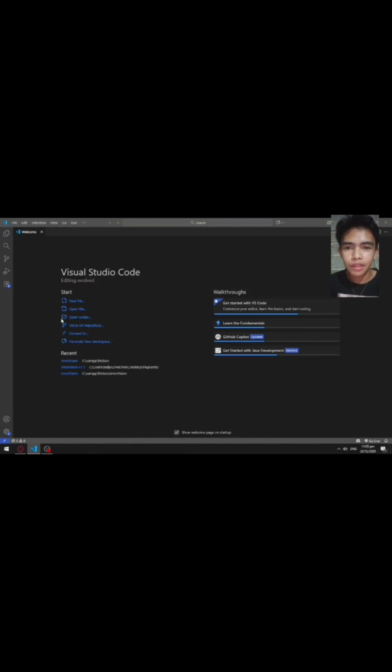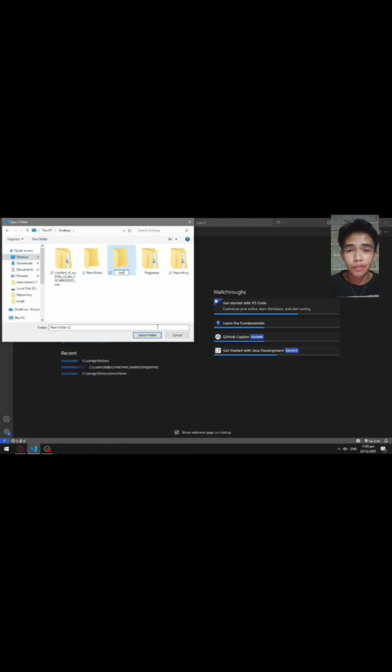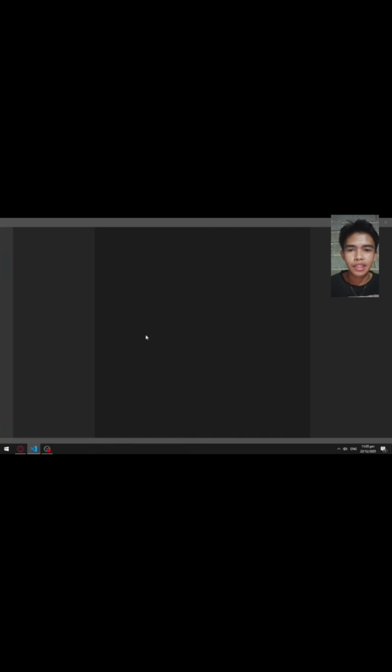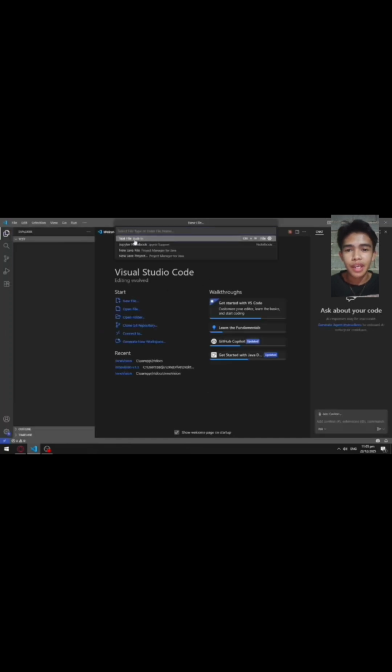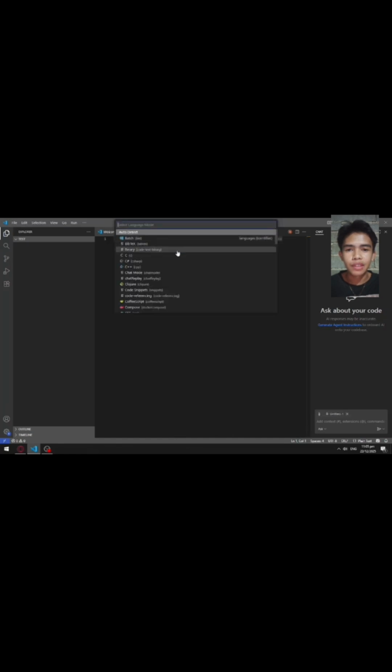So first of all, go to your Visual Studio Code and create a new folder. Go to your folder in your computer and, for example, create a folder named test, so that you can open the folder in Visual Studio and create a new file. Start a file within it and create an HTML to proceed with your project.